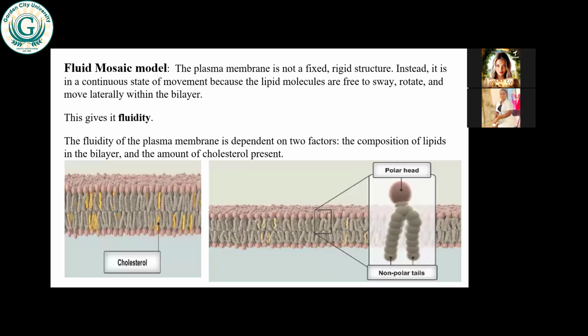The carbohydrates, they don't stand alone. It's either they are bound to proteins or they are bound to the lipids. When they are bound to proteins, they are glycoproteins. When they are bound to lipids, they are glycolipids. I hope that is clear. So these 3 components, lipids, proteins, and carbohydrates, make up the cell membrane. Alberta, I don't know if I have answered your question. If it's not clear, kindly come again. Oh, madam, please, I understand it. Yeah, I now get what you were saying. Okay, thank you.